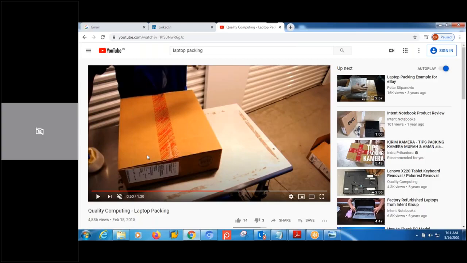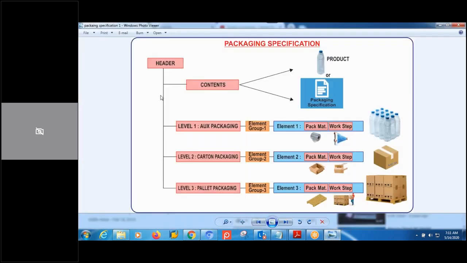This is some 17-inch laptop. Sorry, a 14-inch laptop or something. He predefined that these are the packaging materials we require, and we need to execute this packaging and so on. The same activities we can see within the warehouse, how we pack a product. Like these things. Now coming to here,